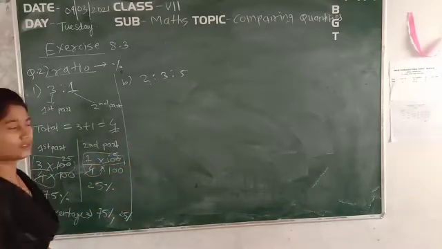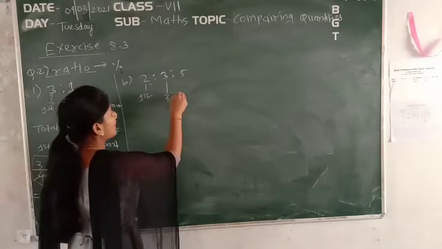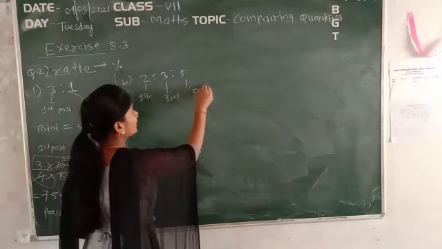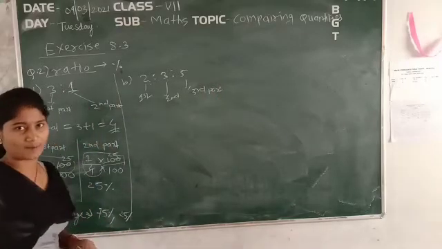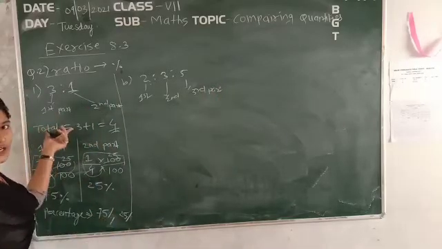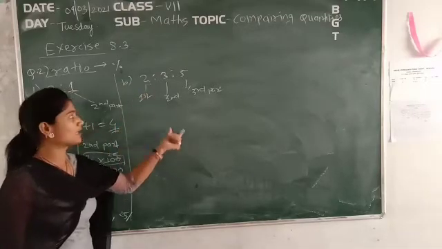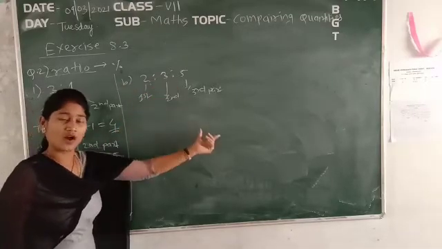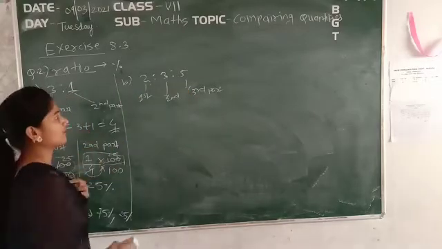Now just go to this part. This we call the first part, this we call the second part, and this we call the third part. For that purpose we have to find out the total part. It means always we have to find out the total, and from that total you have to take the first part, the second part, and the third part. Okay. So just be clear with this one.